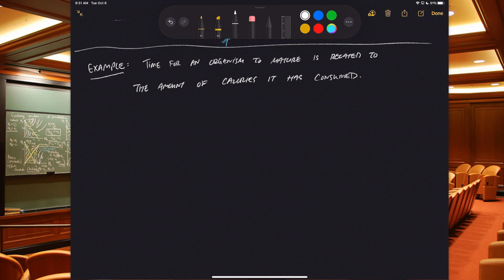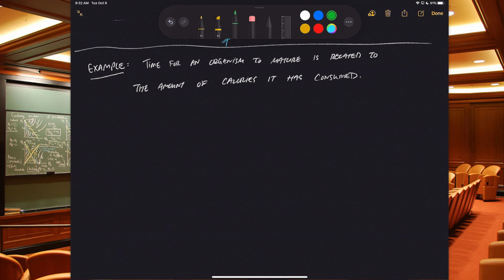Okay, so here's another example. The time for an organism to mature is related to the amount of calories it's consumed. So we might be looking at something like a moth or a butterfly going into a chrysalis, or a salamander or something like this. The amount of calories it consumes is going to dictate how long it takes for this organism to reach its mature state. We might think about an organism that's been starved is not going to be growing as quickly. So there is a natural